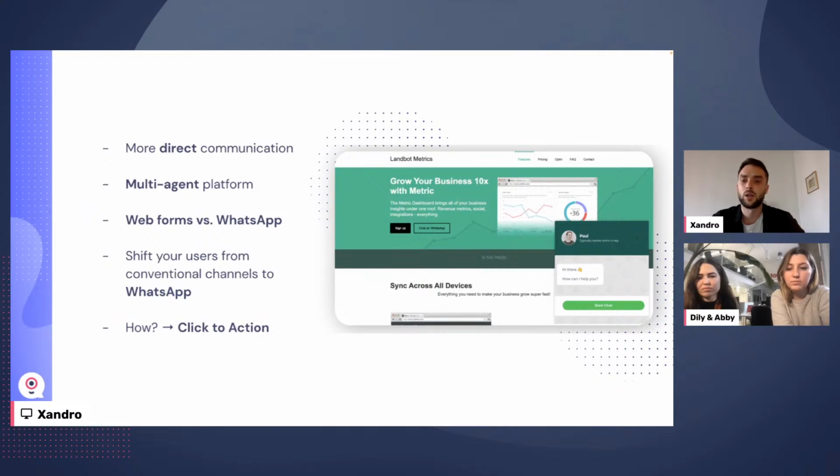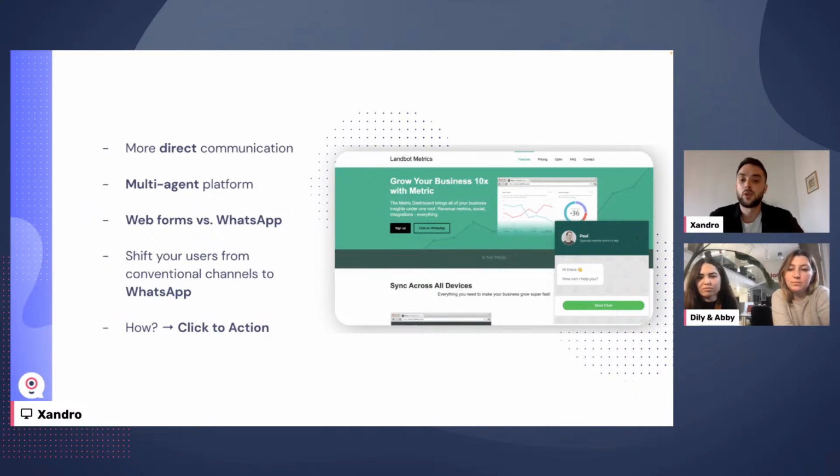So let's compare the web channel or web forms to WhatsApp. And I'd like to use an example for this. I'm sure you've had the need to contact a company about shipping issues or a wrong payment or just to ask for help about something before, no? So in my case, I go to their website, click on the contact us page, and then you find out you need to fill out a form with your personal information, and you're told that you'll be contacted by email soon. In my case, that soon has been over a week in many cases, which caused me a lot of frustration, me and I'm sure many other people.